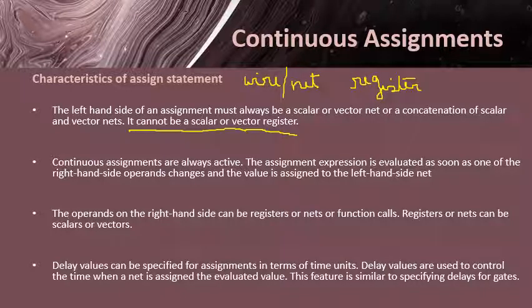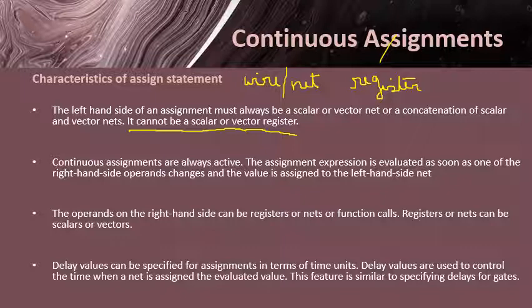We use registers when we need storage of data. When we need a signal to store some data, the register data type is used. And wire is used when there is no storage. Wires are driven by signals, so they do not store. You can think of a wire data type as a physical wire. What do you use a physical wire for? It just connects two points. Whatever is at one point is available at the other point. There is no storage. Just like that, wires do not store.